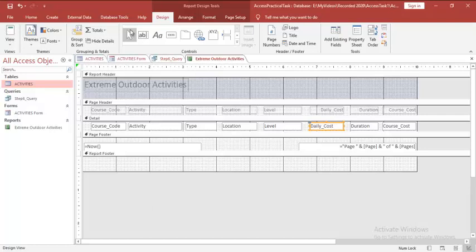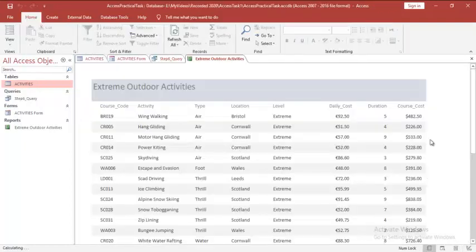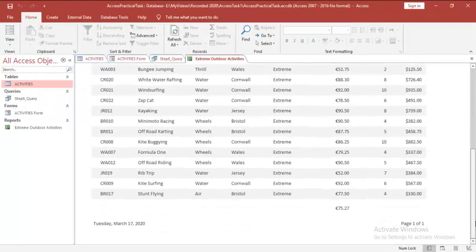Select the daily cost and then here choose average. Okay, so it calculated the average. Let me check this. Back to report view, move down. Indeed, it calculated the average. But he said in the exam